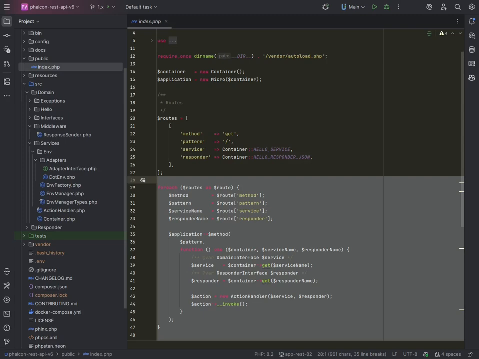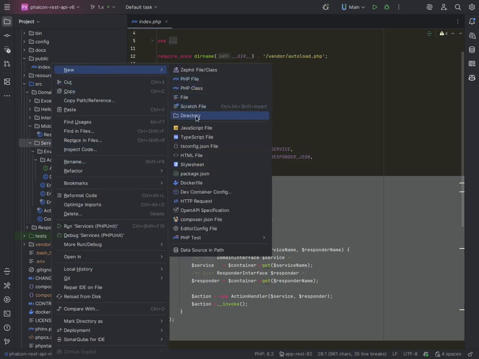What we're going to do is use an enumeration to help us with it. For those that haven't worked with enumerations, it's a new thing in PHP, and you have backed enumerations that return a type or none or whatever. But for our purposes, enumerations are going to help us define the routes and return to us what each route should do. So what we're going to do is create a new folder under services called providers,